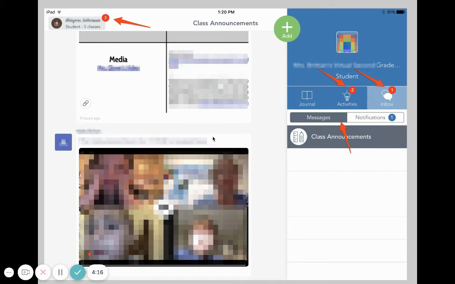So the other thing that you find here in your Seesaw journal, again, we talked about this icon that shows us how many notifications you have gotten. So it says I have 3, and it looks like 2 of those are activities, and 1 of those is something in my inbox. So once I click on inbox, I see 2 categories. I see one that says messages, and there I might see some class announcements that my teacher has sent out. And the other one is